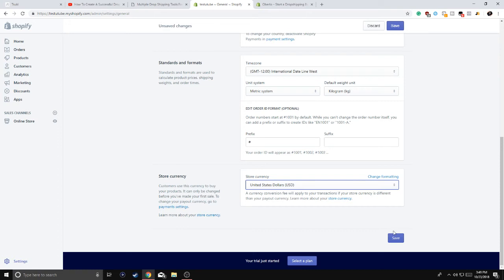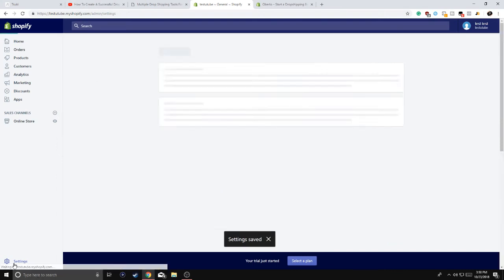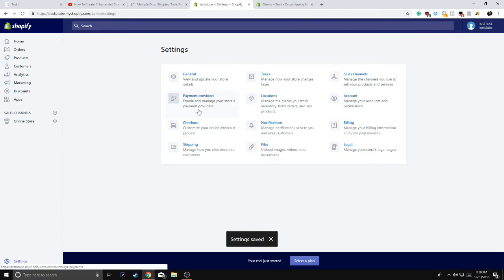I would always charge in US dollars, but every time Shopify pays you, they are gonna charge you a certain amount for converting the money from USD to CAD, whatever. But for Canadians, I have a huge tip, so stick around for that. But yeah, so then what you do is go back to settings, and then payment provider, this is how you